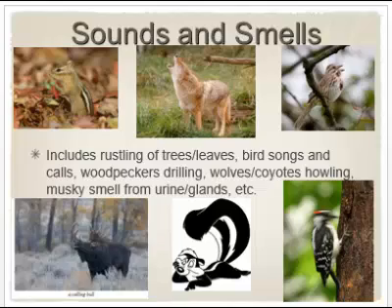Top left hand side, you can see your chipmunk. Your chipmunks will make a little squeaking sound, for example. So if you hear that, you know that you have a chipmunk in the area. And the skunk in the middle, Pepe Le Pew, you'll be able to smell him before you see him in any event. So make sure that you are aware of those things out there so that you can best identify